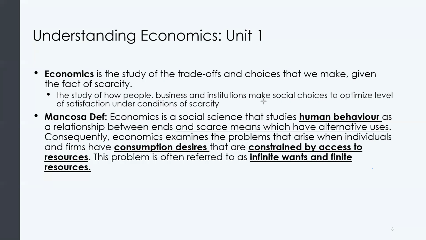So the first question is, why do we have to make choices? Think of South Africa as a nation. We have got a limited amount of land. The land in South Africa is limited. You cannot just have land everywhere and you cannot take land everywhere. It is limited in nature. That is why there are title deeds. That is why if you need a piece of land, you have to go and buy it, because it is not ubiquitous. It is limited in nature.